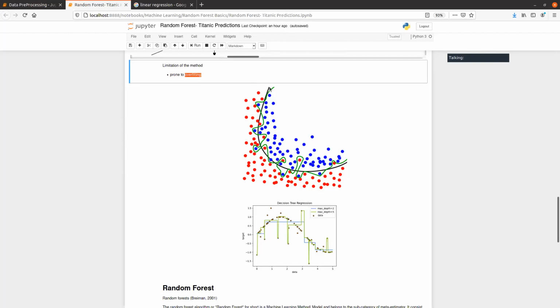So it will simply draw a box around here. Maybe it will cut like this. And by doing that, it would take some outliers. And if there are too many leaves in the tree, then it will try to isolate really tiny data points. And so that's why I said that decision trees don't work that well with curved spaces.